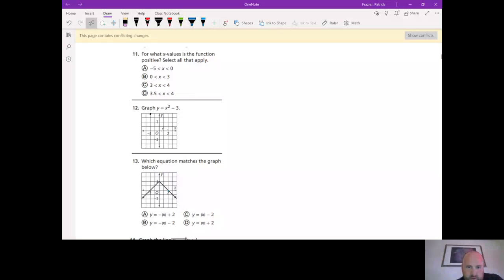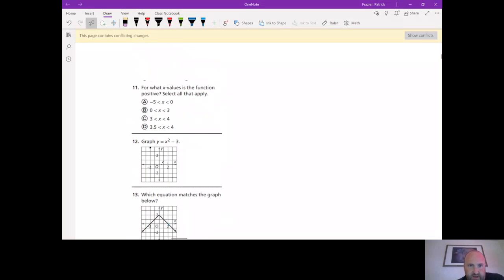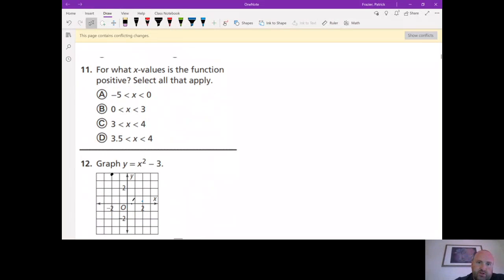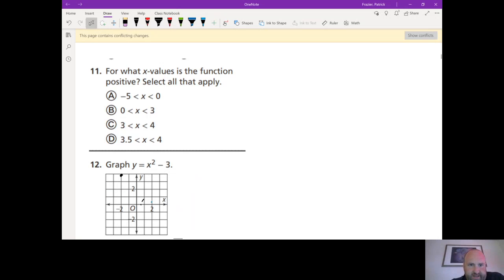Okay, we're going to do problems 11 through 14. I think everyone will agree that problem 11 is the simplest. So for what x values is the function positive? Select all that apply. So I'm going to start with negative